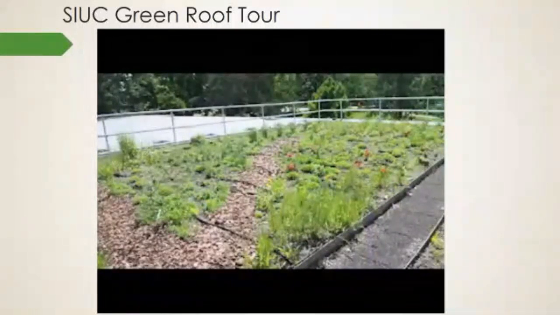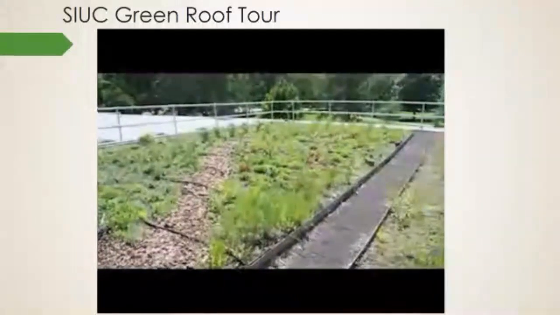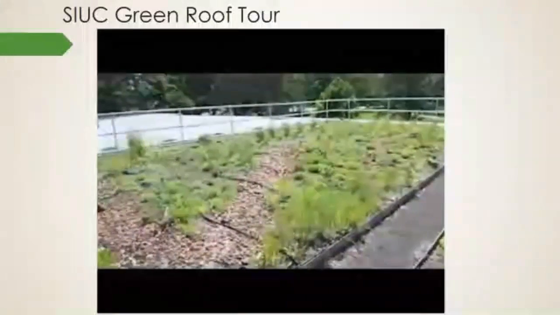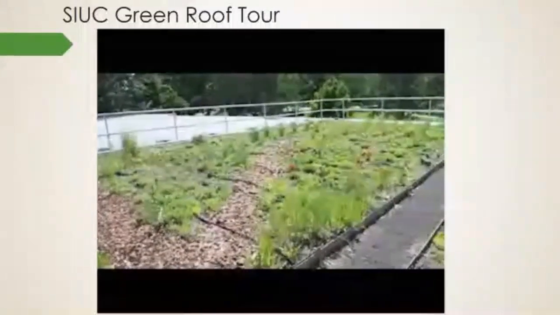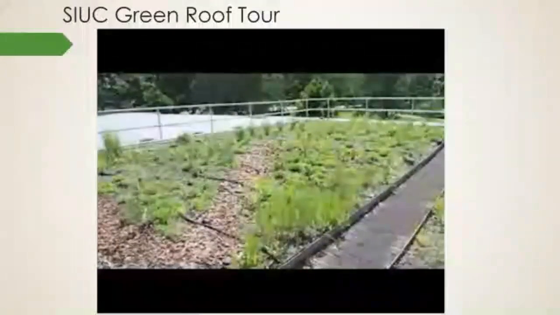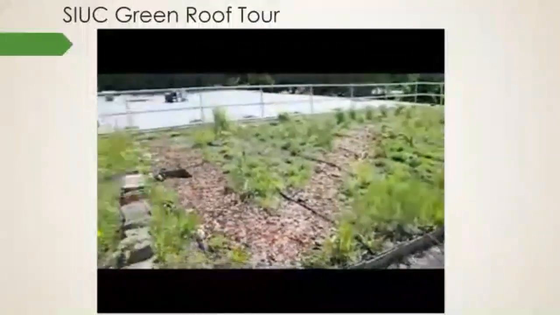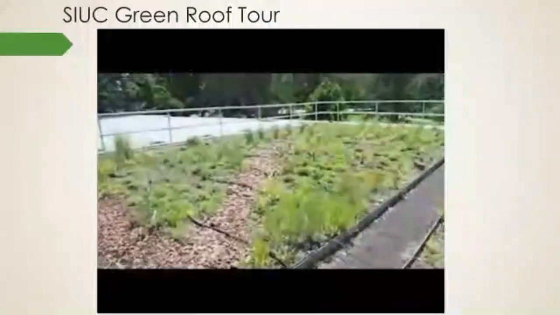But this year we have some All-America winner varieties of tomatoes and peppers. We have echinacea, zinnia, marigolds, and even some coreopsis up here, some bearded foxtongue or foxglove, and all kinds of really neat little wildflowers. The main addition was this mulch pathway here that we added to give it more of a landscaped look and give us access.